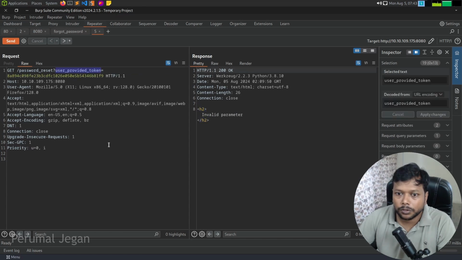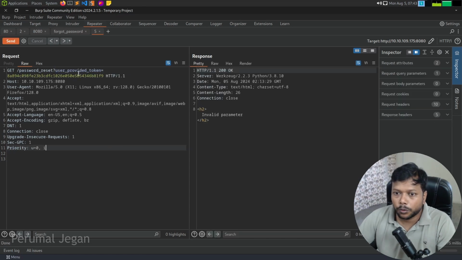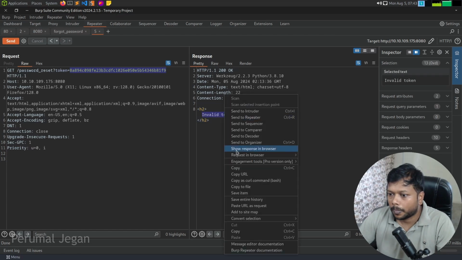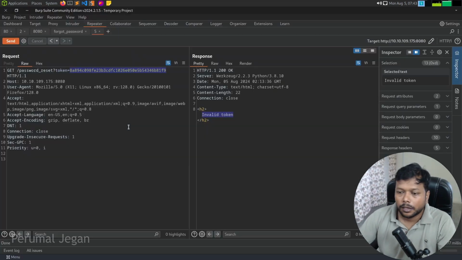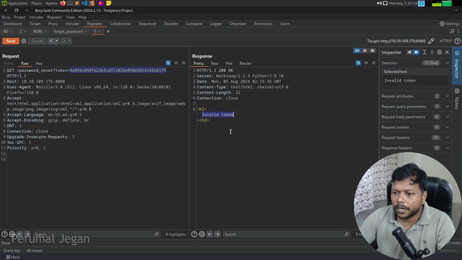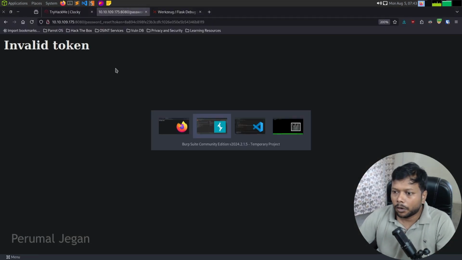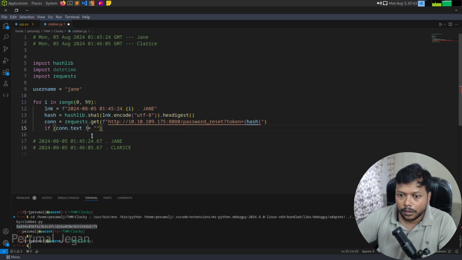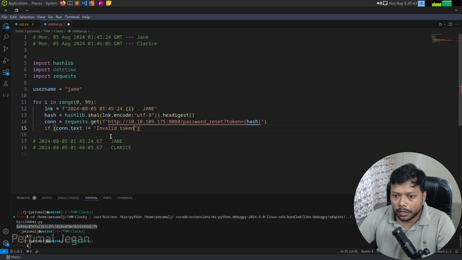Earlier it was the same h2 header, now enclosed in an h2 header. Yeah, invalid token. Okay, fine. If not equal to invalid token,